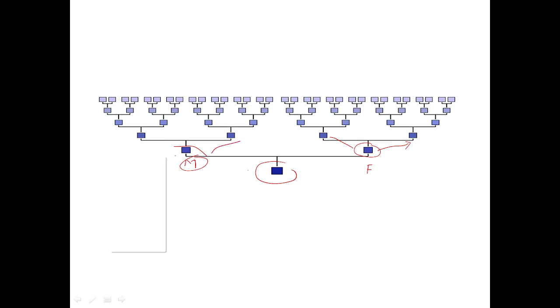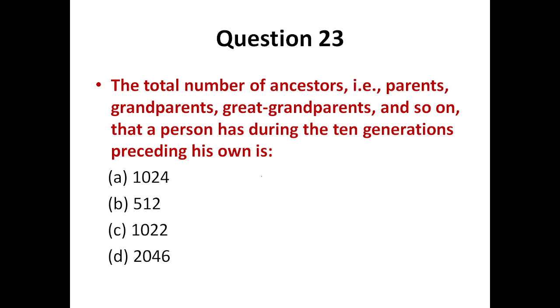तो फर्स्ट जनरेशन में कितने थे, टोटल 2, और सेकंड में कितने हो गए, 4. ऐसे ही थर्ड जनरेशन में कितने हो जाएंगे, 8. Now what you have to find out here is 2 + 4 + 8 + 16 + ... up to the 10th generation. It means n is equal to 10, a is equal to the first term, which is 2, and the common ratio will be 4 upon 2, which is equal to 2.